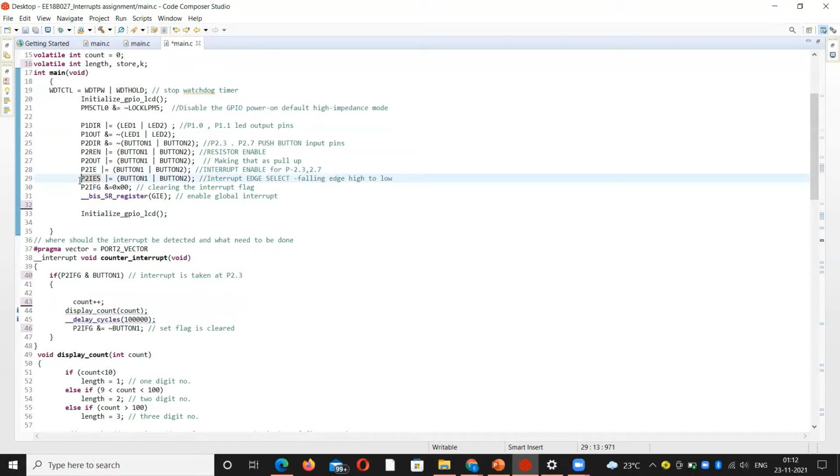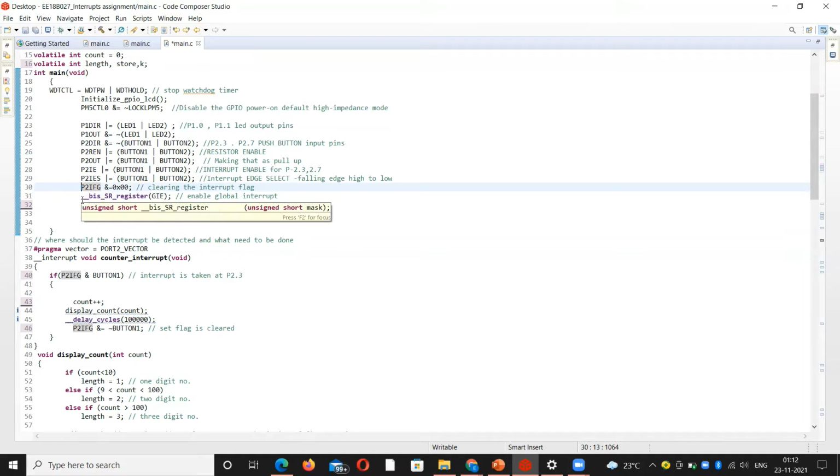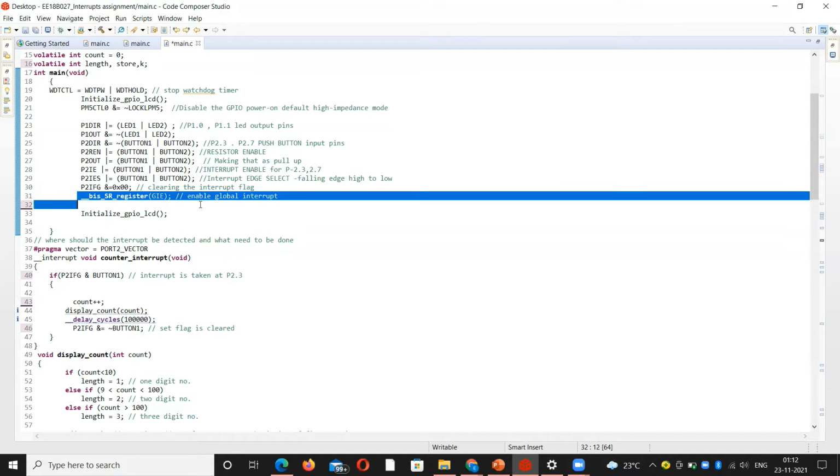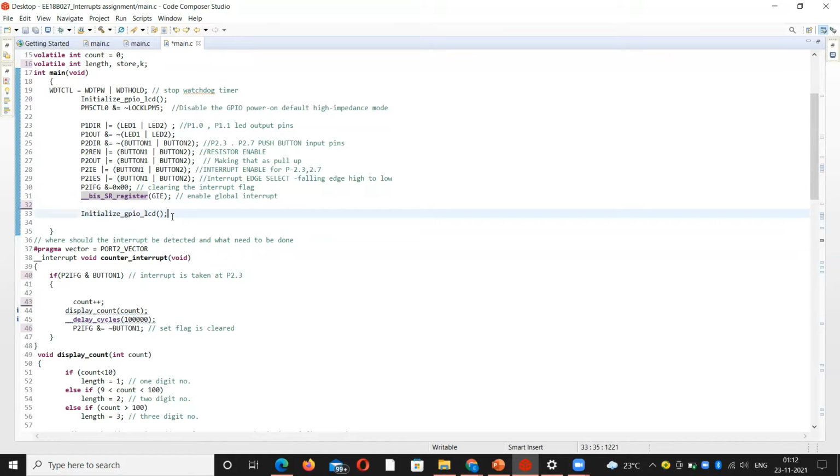At last in this main code, we clear the interrupt flag at port 2, because at port 2 only we have taken the inputs. So this is the syntax for enabling global interrupt.